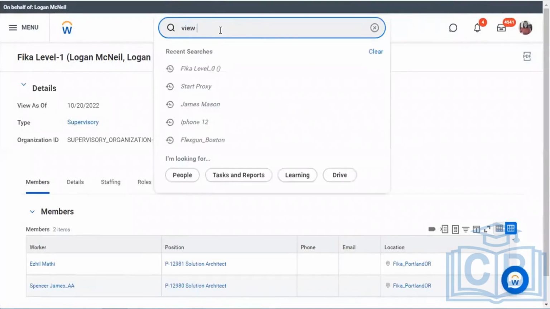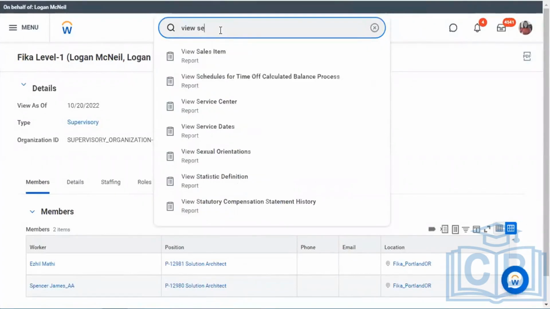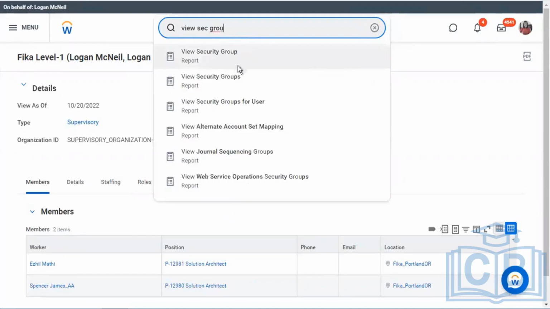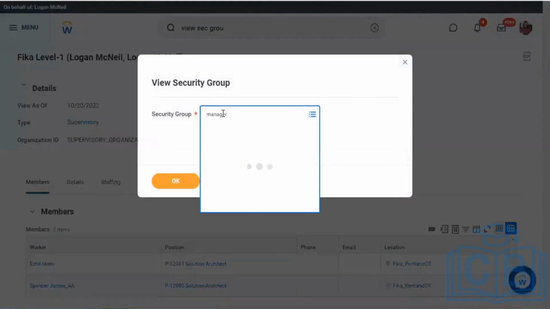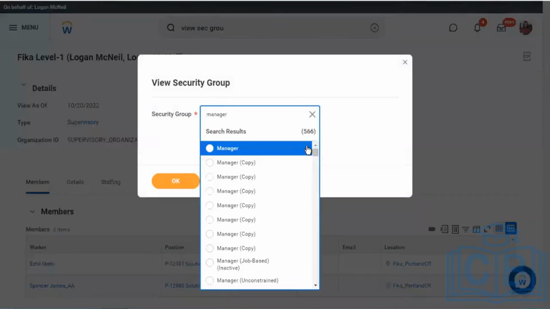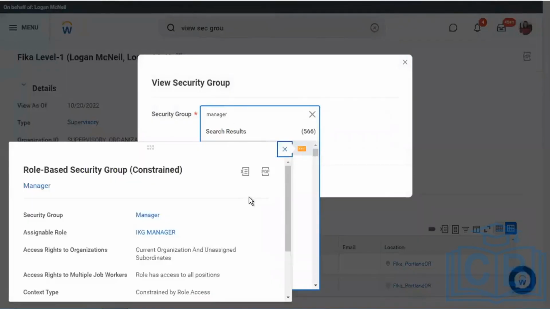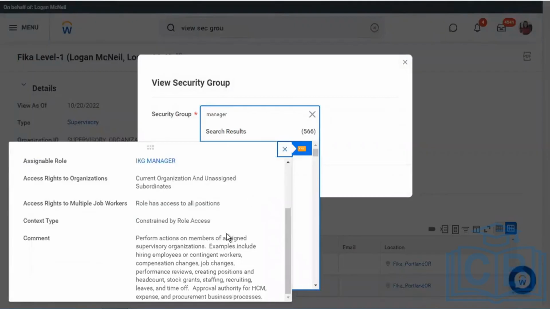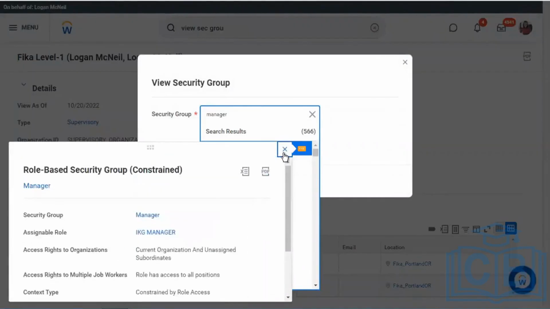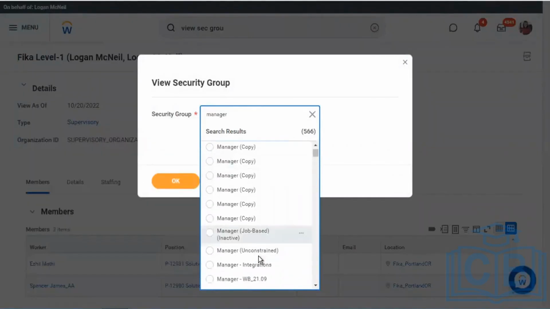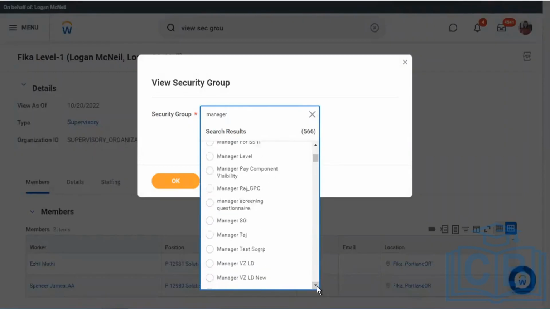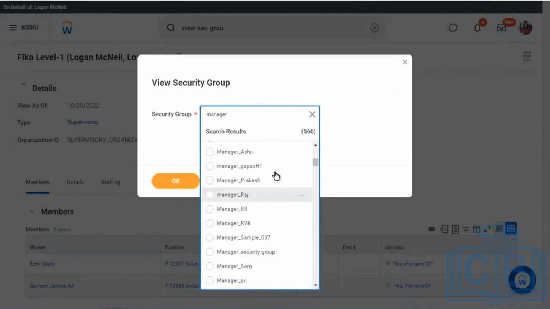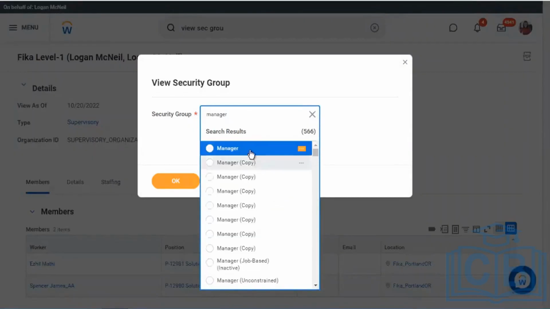View security. It's a different one. I think it's the first one.